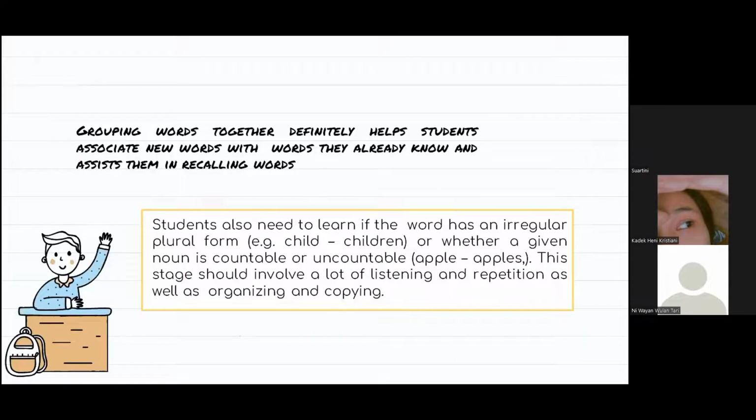And the next, grouping words together definitely helps students associate new words with words they already know and assist them